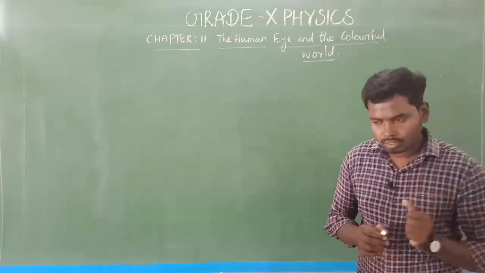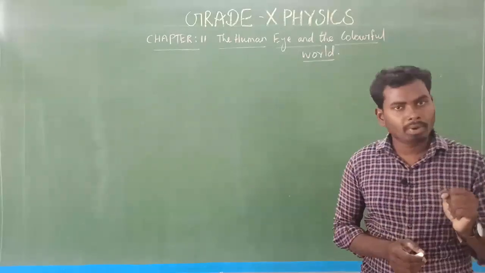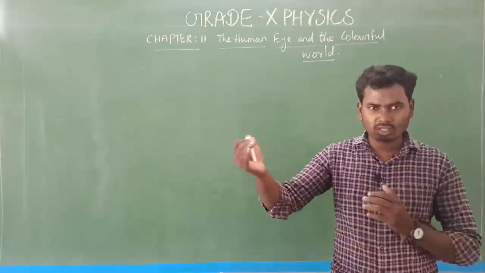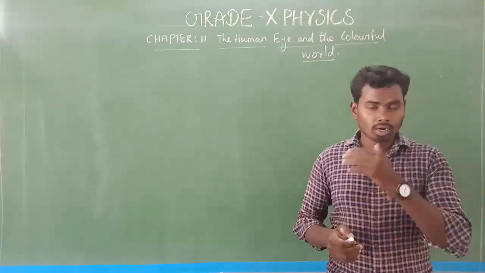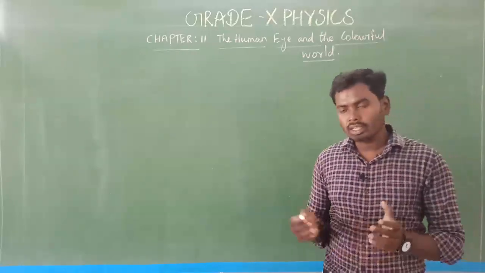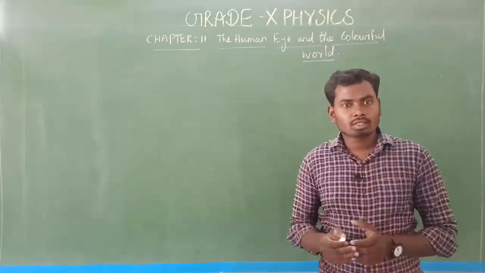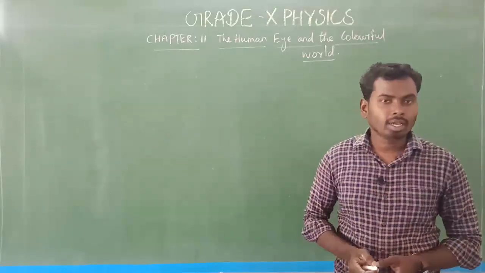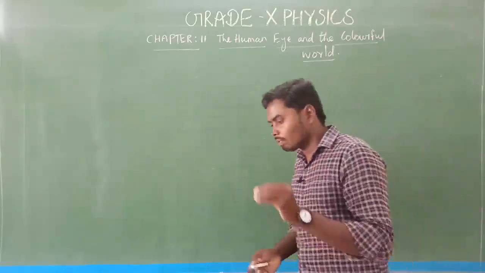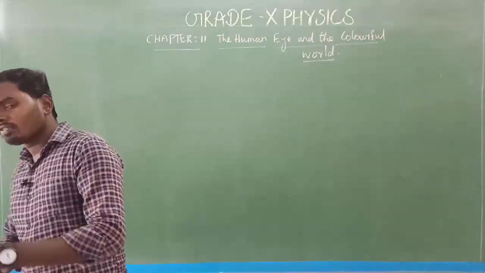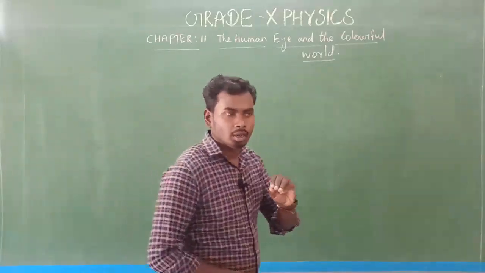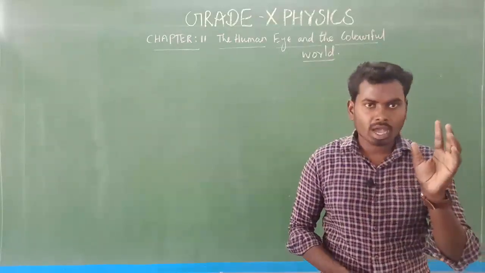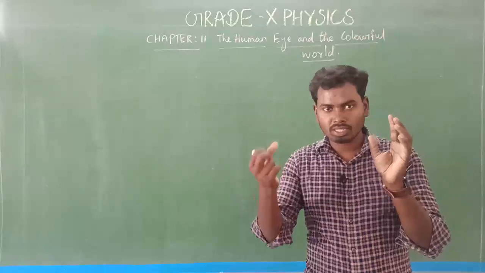Am I right? Yes. See, the planets are placed closer to the Earth compared to the stars, isn't it? Actually, the planet size is quite large, very big. Is it clear? Yes. So every part of the planet becomes bright sometimes, and every part of the planet becomes dull sometimes.